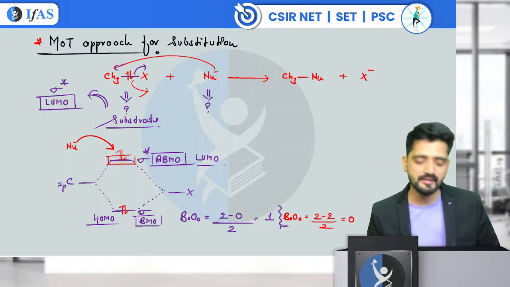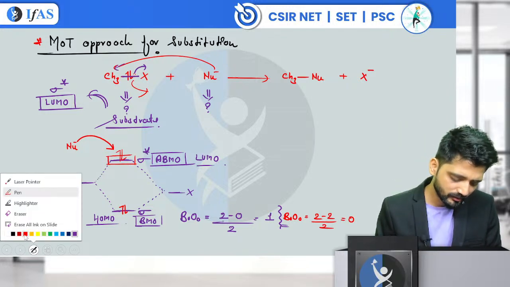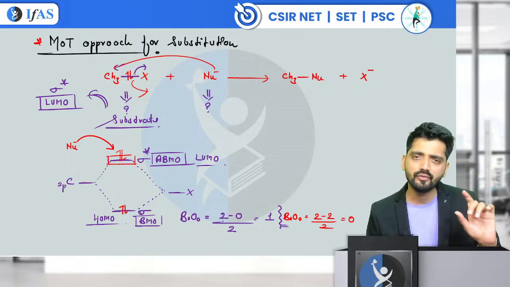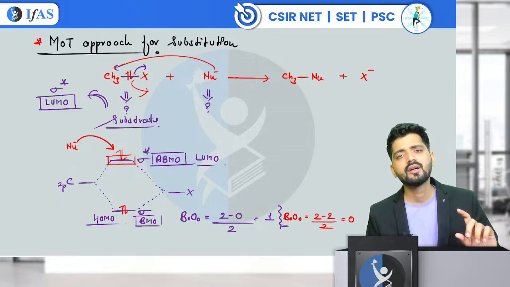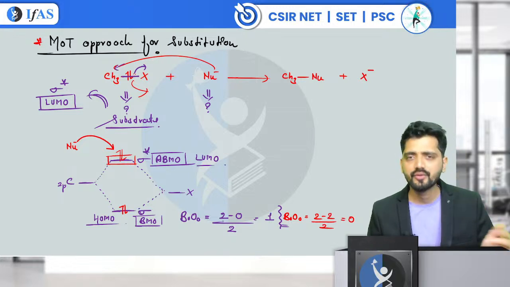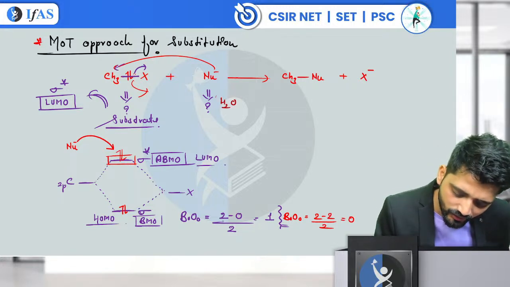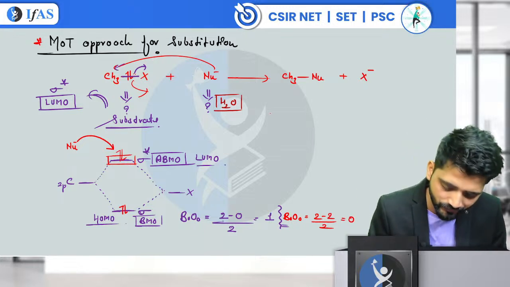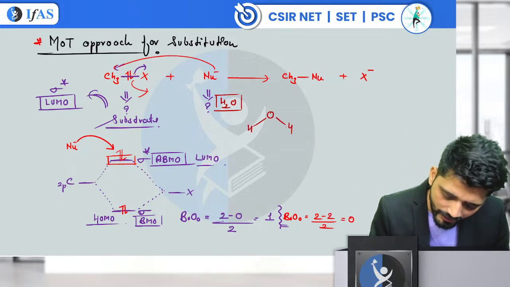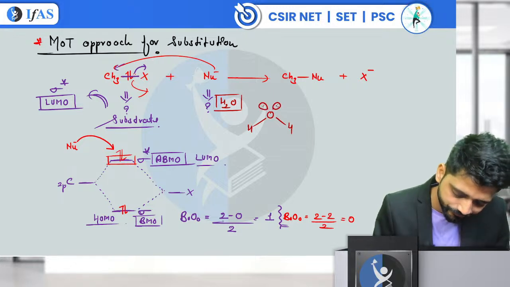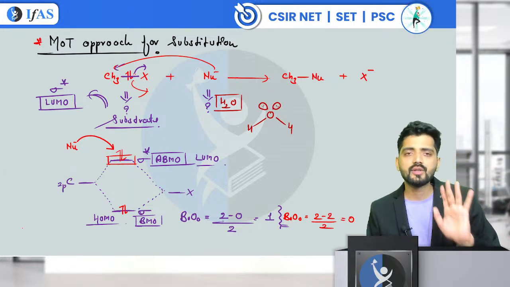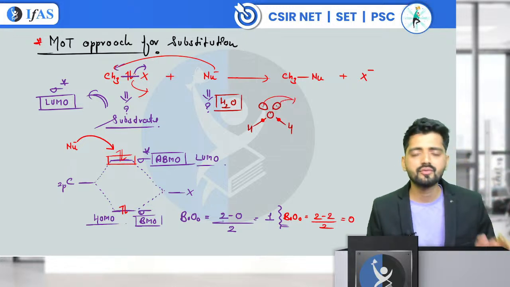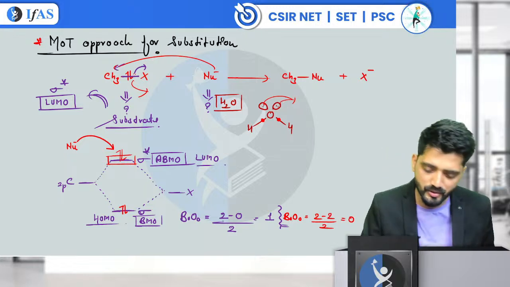Now, from the nucleophile side, you must have studied very few examples of MOT in your inorganic chemistry, where you must have heard the MOT of OH minus, water molecules. You must have dealt with the MOT of CO also. Always remember, when I go to the nucleophile side, let's suppose we have a very simple nucleophile, water. Water has an oxygen which has 2 lone pairs, correct? Oxygen has in total 6 valence electrons. 2 are participating in the formation of bonds. These valence electrons which are not participating in bond formation are called